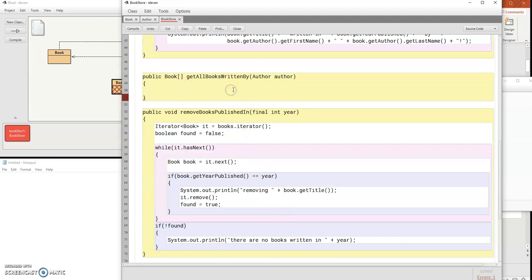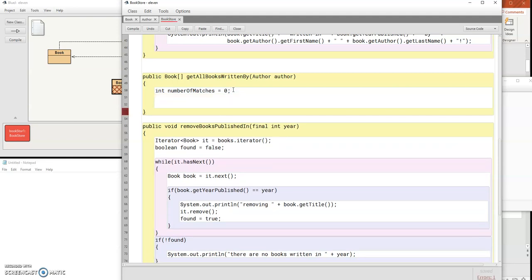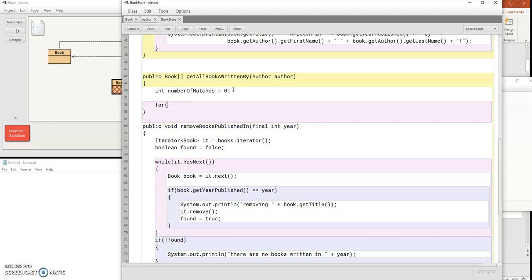Get all books written by. Okay, first thing is I don't know how big to declare this array. So I'm going to keep track. Int number of matches, 0. Now we could, since we're getting used to it, let's iterate through things twice. Actually, we don't have to do that. Let's use a for each loop, since all we're doing the first time is counting. For book in books,